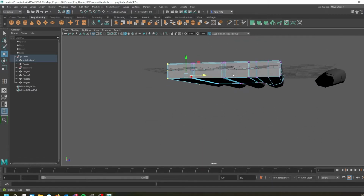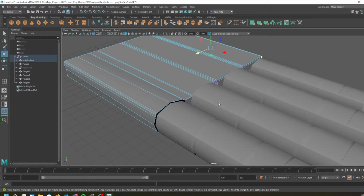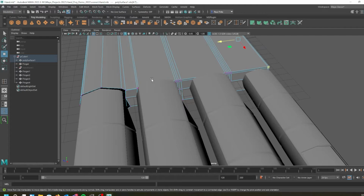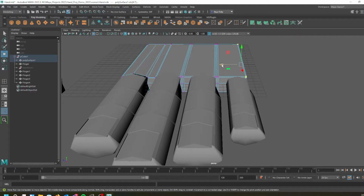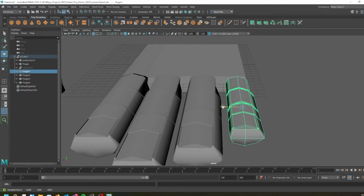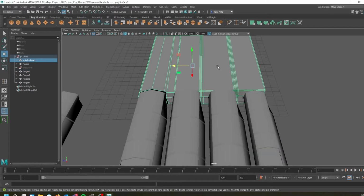All right. So now I should be able to start connecting these fingers back together with one real quick exception. I need to start deleting out these faces in the middle here that I don't need anymore. And I also see that I failed to put one in the middle. So now that I have these lined up, I need to put additional setup here in the middle. And it looks like I may need to move that finger over just a little bit. It's too much. So I'm going to pull that one over, grab this finger, line that up like that. That's better. Okay. So let's go ahead and get one more edge loop in here